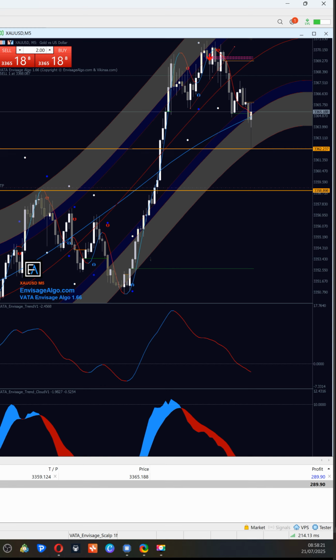So if you follow the process and if everything is perfectly fine as per rules, then you can always increase your lot sizes to make more money with it. So it's more about the process rather than the money or the profit that you're looking at, right? So I'll keep you updated. Hopefully, it will hit our TP1 very soon.